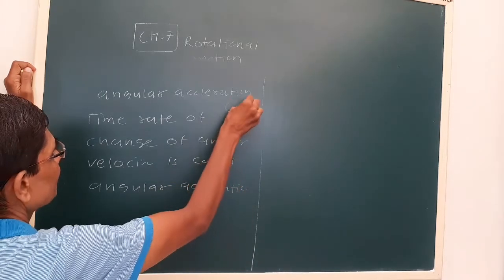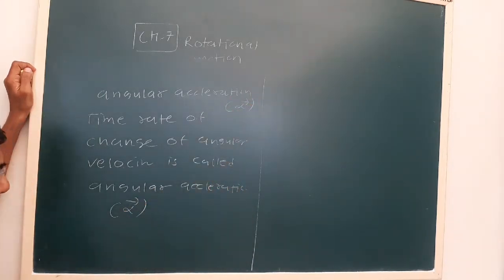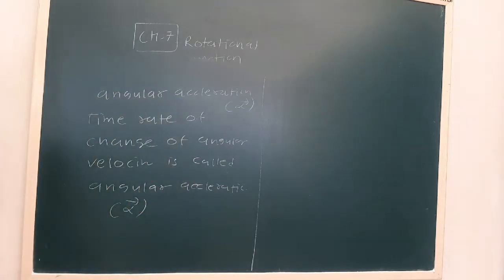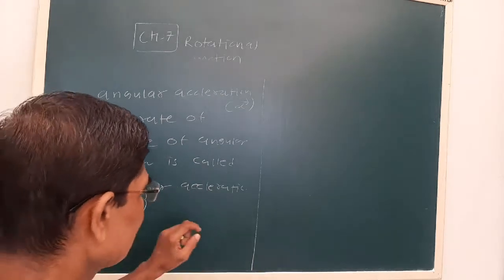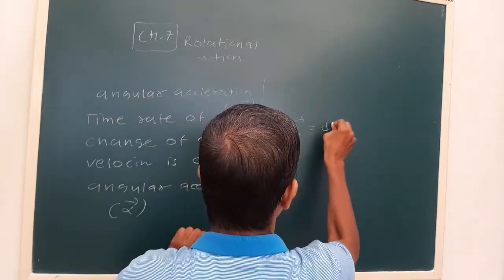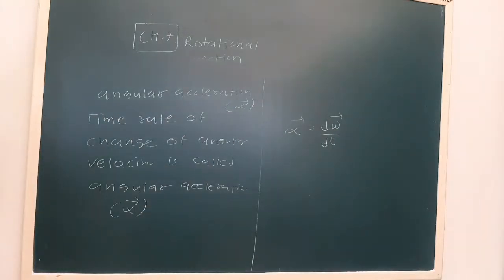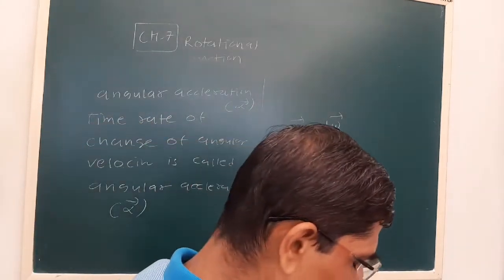The angular acceleration is denoted as alpha. The time rate of change of angular velocity is angular acceleration. Alpha is denoted as d omega by dt. Now, in case of fixed axis of rotation,